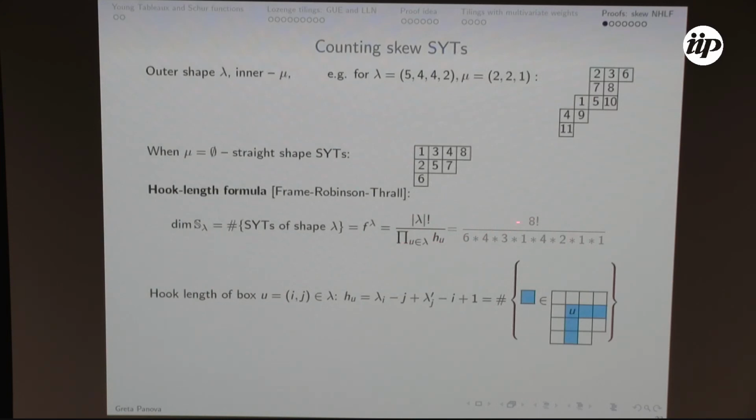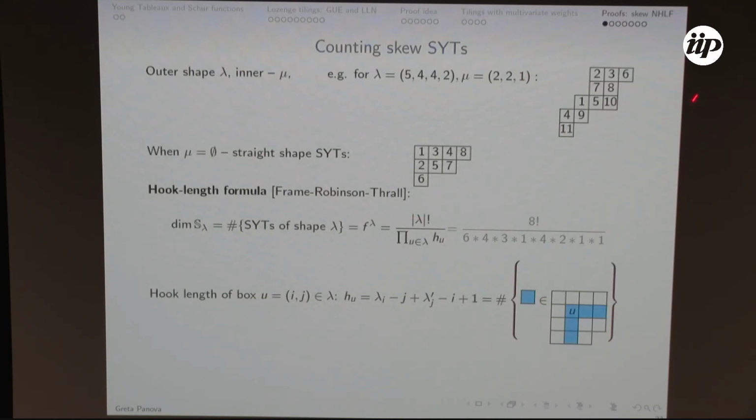This is a product formula, n factorial over the product of the hook lengths. The hook length is just the number of boxes below and to the right of a given square in the diagram. We go over all possible boxes in the diagram and we get the hook lengths,